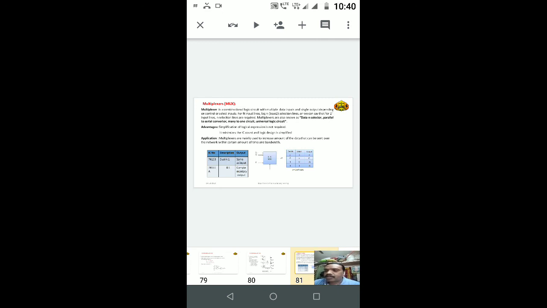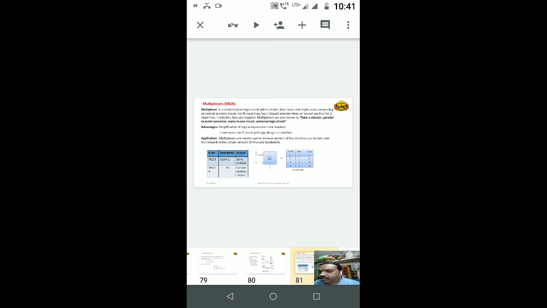So how do we pass a particular input to the output side? This is done with the help of the select inputs. While setting the select inputs, you choose which input you want to be passed to the output side. See the slide: for n input lines, log n to the base 2 selection lines are required, or we can say that for 2 raised to n input lines, n selection lines are required.